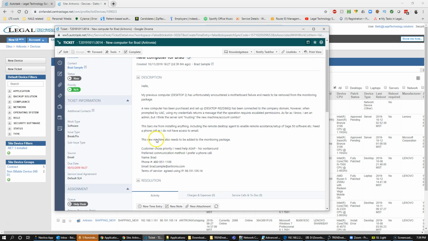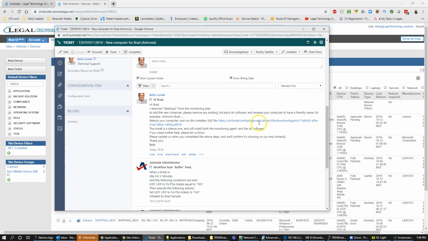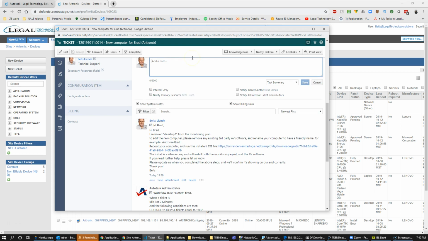He also noted over here that he wants to connect to the company domain. So when this is done, by the way, we will be able to connect remotely with our Click username because we can push whatever scripts we want, and we're going to create a local user account and join him to the domain. So I'm actually going to add that to him as well now, and I'm going to write again,